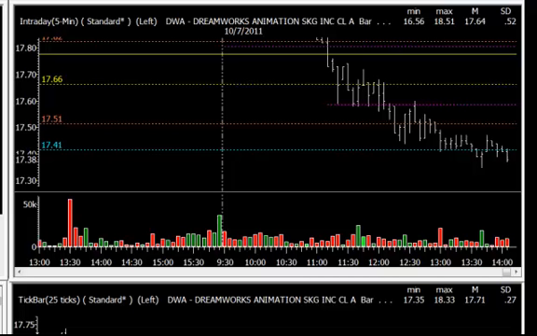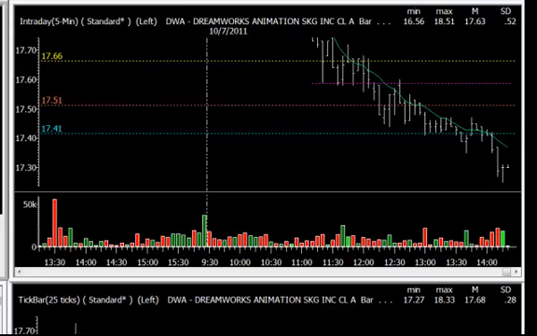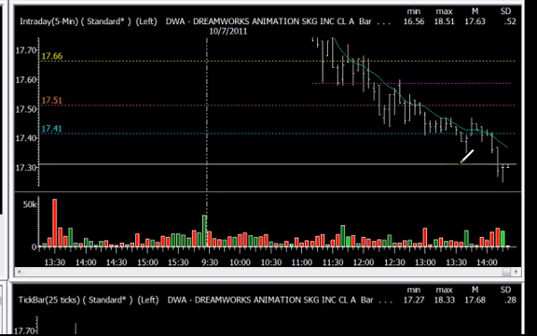I've also got those purple lines that are added on the screen. There are volume-weighted average price lines. I'm also interested in that data as the stock makes a further move to see whether or not the volume that's coming into the stock is significantly altering where that VWAP level is. That can certainly affect my perception of whether or not I should be pulling the plug on a trade. DWA has certainly made a minor extension at this point, and I see that a reversal of two closes would get me out at